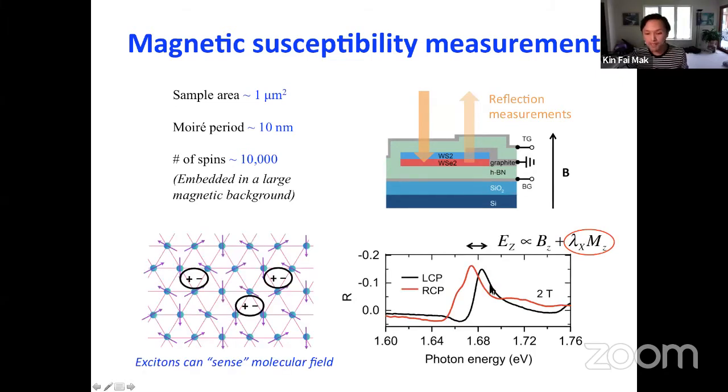But once you apply a magnetic field, you can immediately see a finite Zeeman splitting in the exciton peak for the left-handed light channel and the right-handed light channel. You see a finite Zeeman splitting. And I actually want to point out that